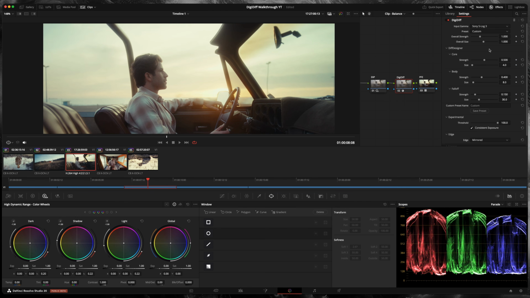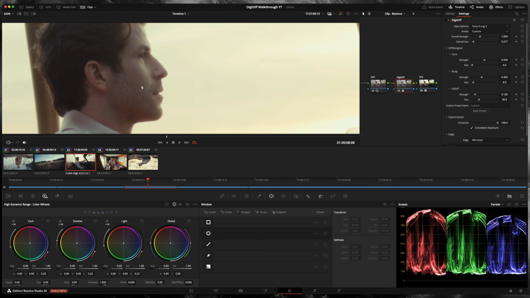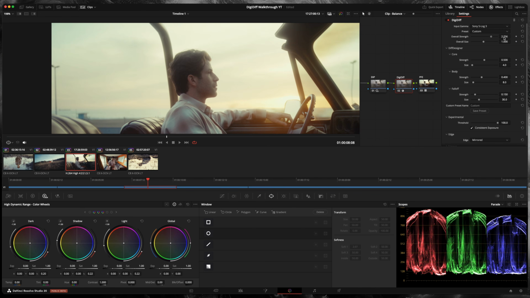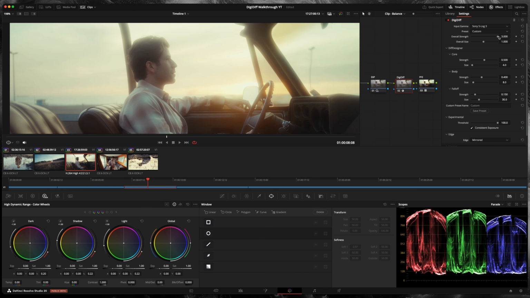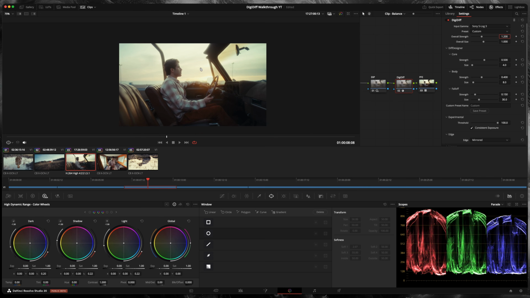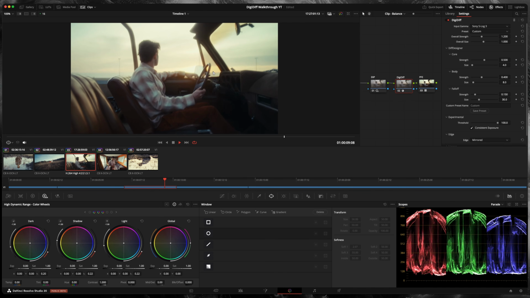Now, if I decide that I want the overall diffusion size to be larger as a whole, but keep the proportions between my cores the same, I can use my overall size. If I zoom in, you can see better what's happening here. I'm going to keep it at 1, and I can also adjust my overall strength as well. I want this to be fairly dreamy, but nothing too crazy. So I'm going to bring this to a 1.2. And there we go. A diffusion preset that I've created myself specifically for this shot,